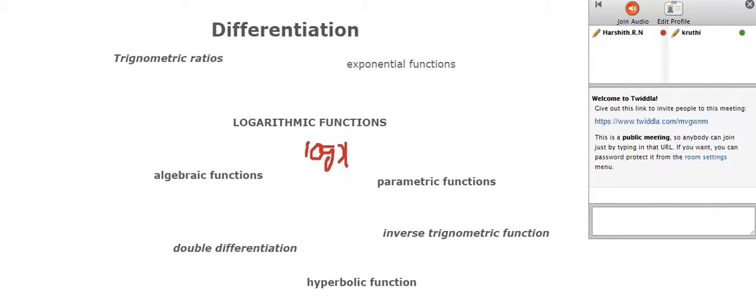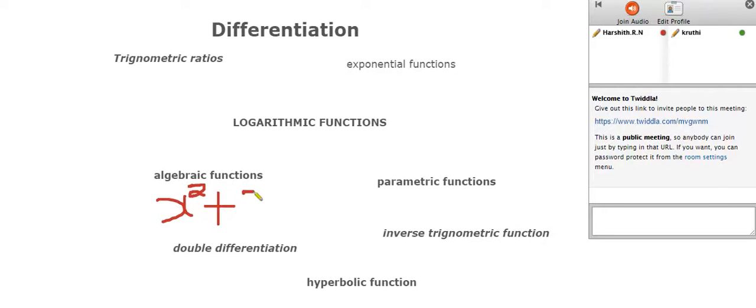So the remaining ones you already know very well: algebraic function, parametric function, double differentiation, inverse trigonometric, hyperbolic function. Algebraic function is nothing but x square plus 5, plus some values you can put. You know that for differentiation of an algebraic function we can use all our differentiation rules. We're going to discuss the differentiation rules, each one, now. So an algebraic function normally looks like this: x square